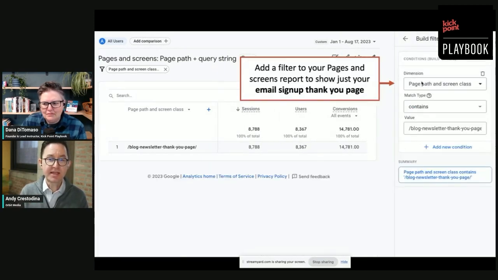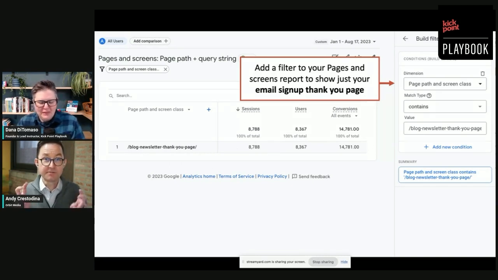Now I'm going to go to the thank you page. This is page path filtered just to show the thank you page. Much easier. You might need Dana's help if your site doesn't work this way. It's much easier if every key event, as we'll call it,